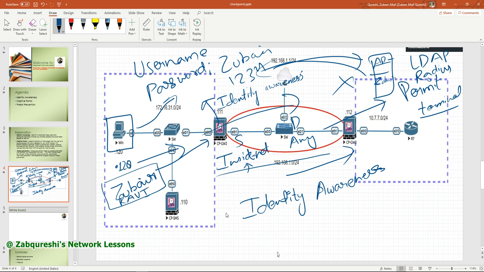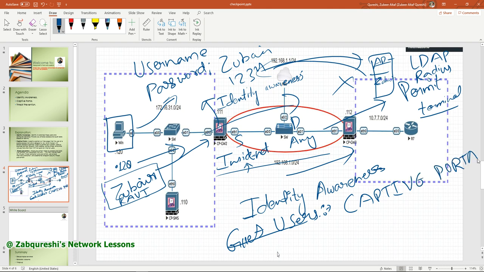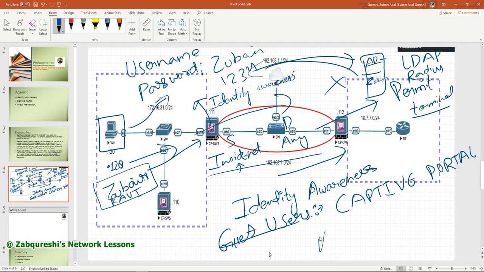Now the question arises, what about the guest users? So I may have some guest users also, right? Ravi may be a guest user, so he needs access now. So for that we have captive portal. You might have seen, you get some free access at airports, right? In airports you get free internet access, or cafes, or like railway stations maybe,